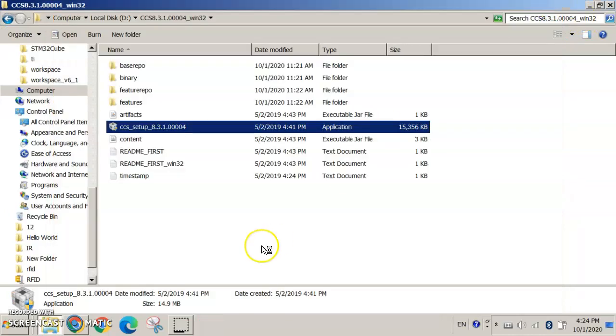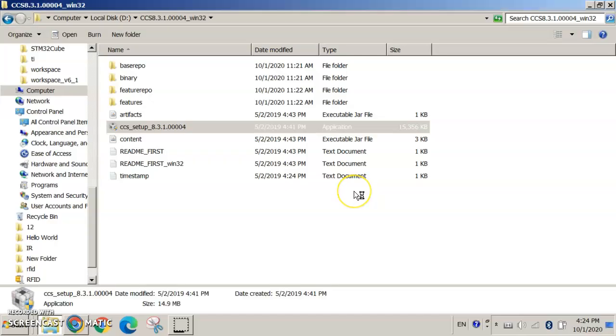So now the antivirus is disabled. Now I have to run the CCS setup. Just click yes. The initial role of CCS is that it will check the operating system.